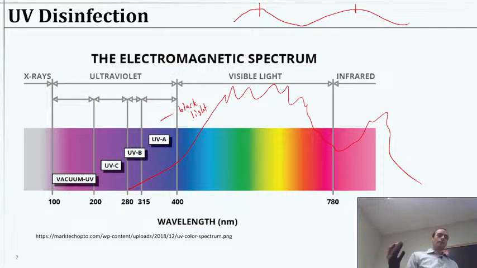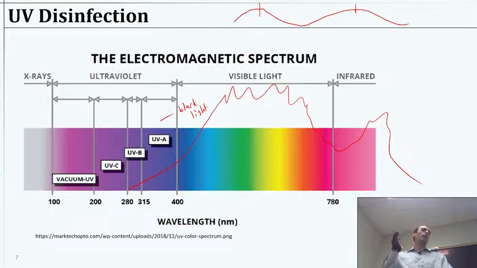UVB is the stuff that they're pretty high energy photons, at least compared to anything else we get from the sun through our atmosphere. So that's the kind of stuff that really is in the burn territory. UVA can also do the burn. Visible light could burn you in some ways, right, if you have enough of it. But typically what we're dealing with here is